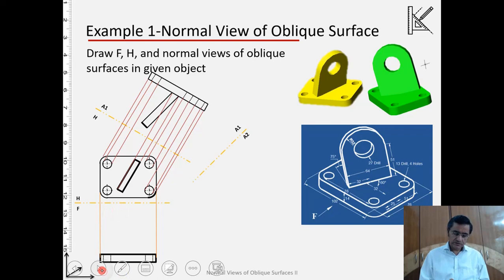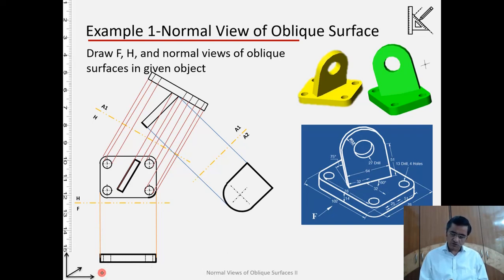Alright, so if we extend the projector, that's the base, the height, and then the arc part of it, the center of the circle or the drill, and then we draw the circle over here. So this is the true shape of the incline which is known to us. Now with the help of this auxiliary view on A2, I can take the projectors back to A1, in order to see how the inclined part on the edge view appears. Okay, let's do it.